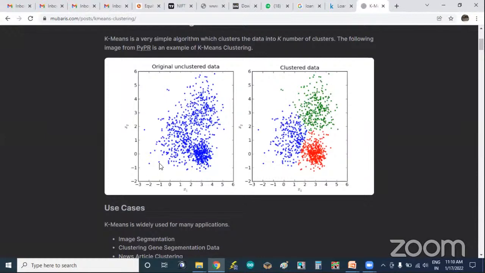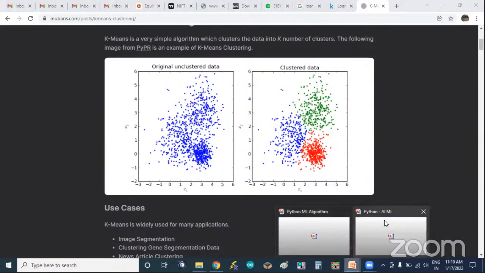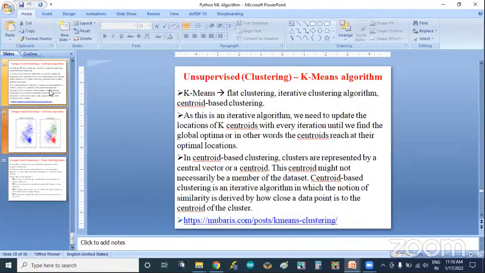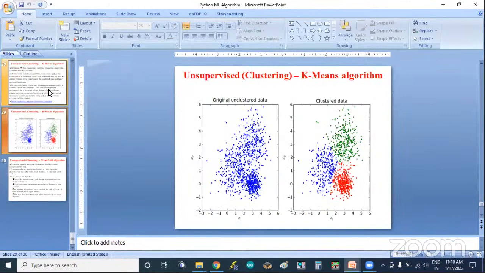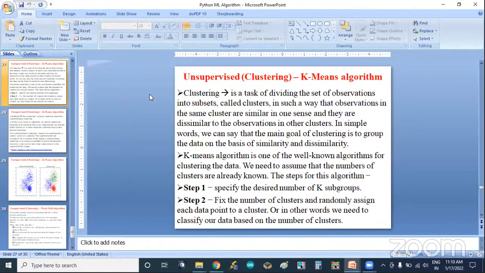So this is your original data. After observing some data points over there with the features, all those things, the end result I came up with is creating 3 clusters. So these 3 clusters I can call 3 classifications, right? Then you apply your supervised machine learning algorithm. You made your own classes now. After that you apply the supervised machine learning algorithm. Okay. So the same image I had copied into my slide from the website. So now we'll see